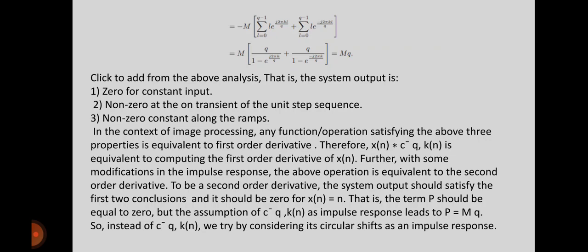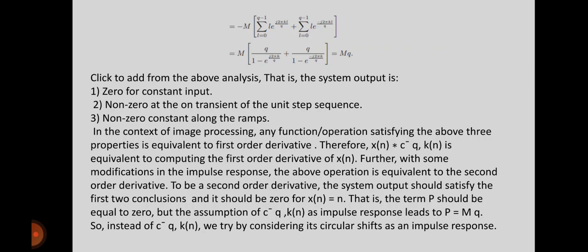Further, with some modifications in the impulse response, the above operation is equivalent to the second order derivative. So the first order equation is, therefore, x of n convolved with C bar q,k of n is equivalent to computing the first order derivative of x of n. So by convolving x of n with C bar q,k of n, this first order becomes the second order derivative. To be a second order derivative, the system output should satisfy the first two conclusions, and it